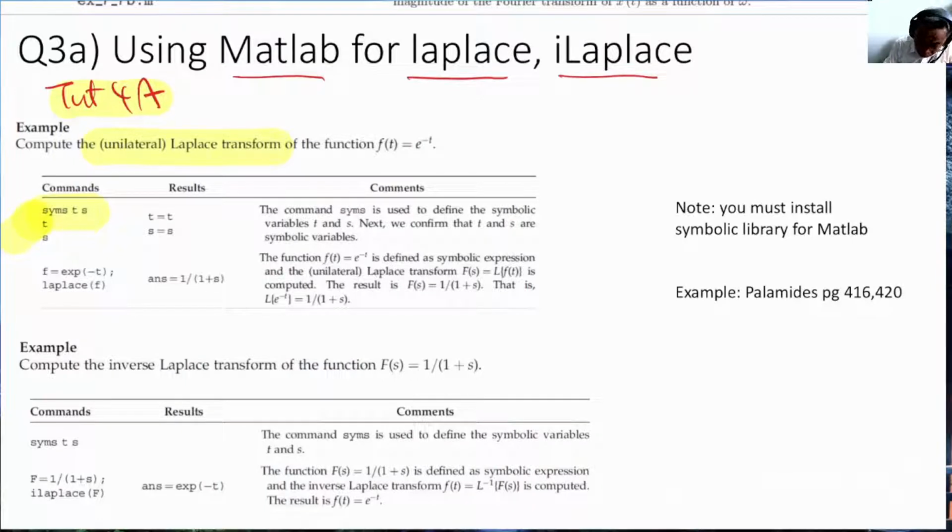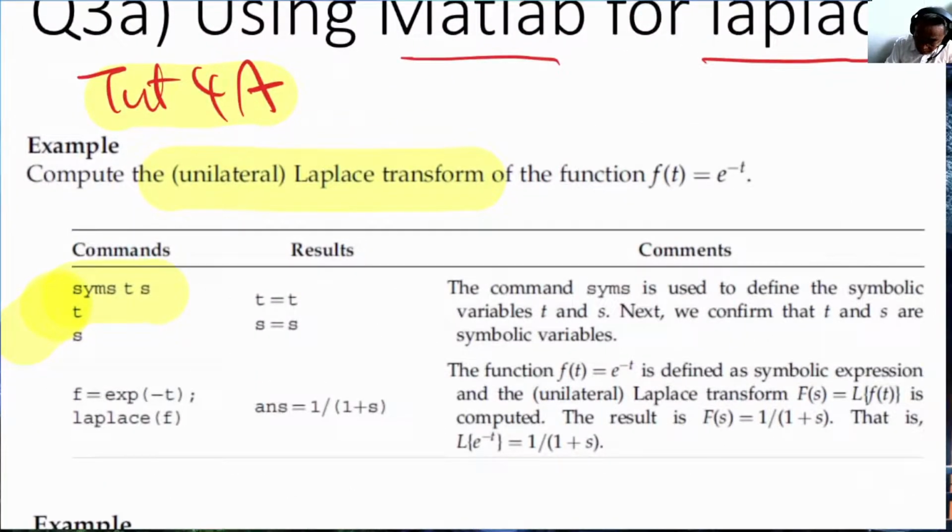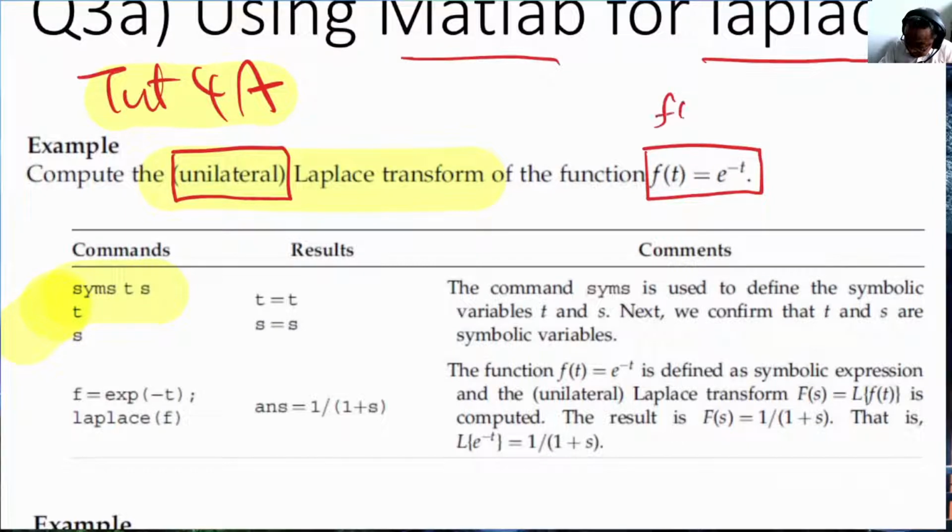Welcome back. This is tutorial 4A question 3A. We'll use MATLAB to perform Laplace and inverse Laplace transform. As a note, please remember that MATLAB can only deal with unilateral Laplace transform. So even though the function is given as such, when we use MATLAB to solve it, MATLAB is solving it